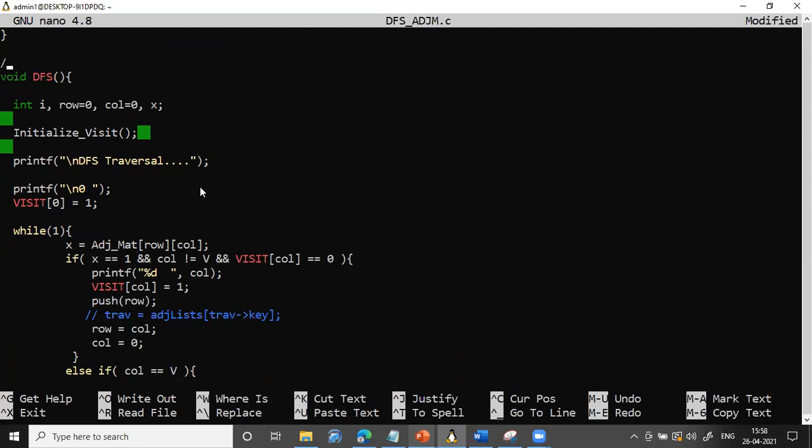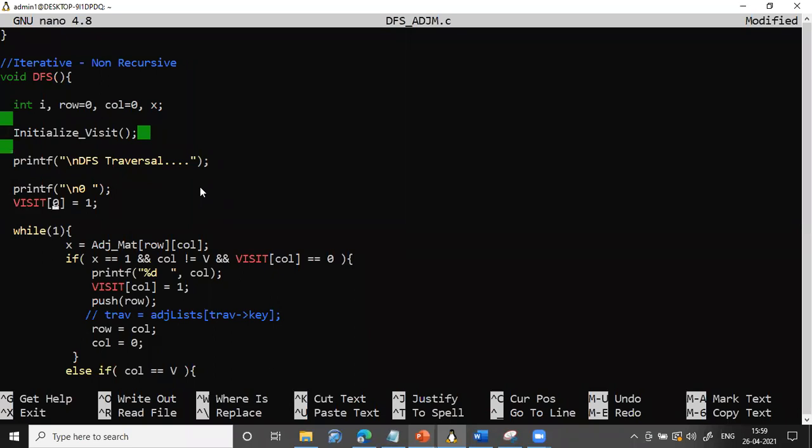Non-recursive can also be called iterative logic. So here we are declaring some variables. Initially row is set to 0, column is also set to 0, and initialize visit, that is for every vertex we set visit as 0.